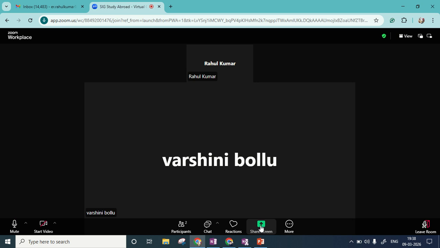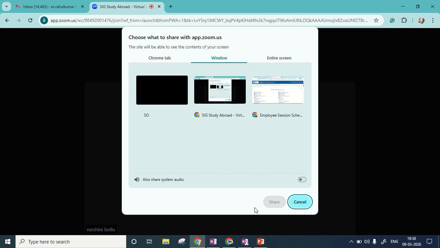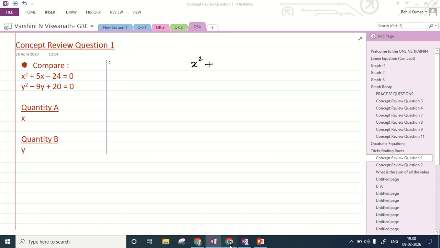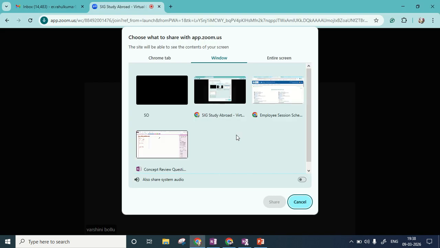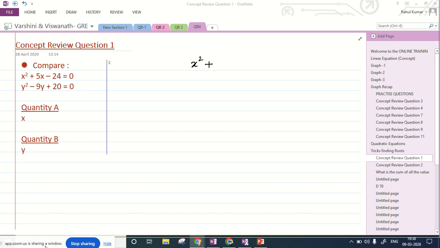Maybe network issue is there. Just a minute. It's not visible, no? Is my screen visible? No, right? Now